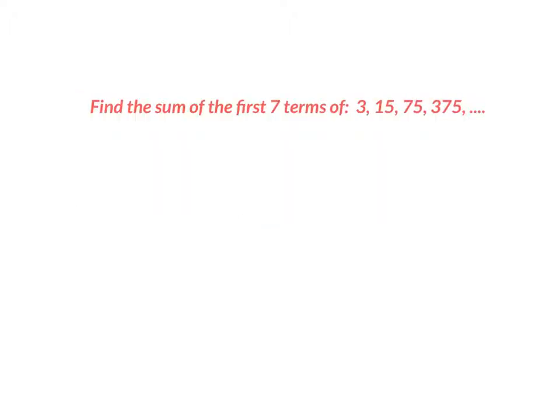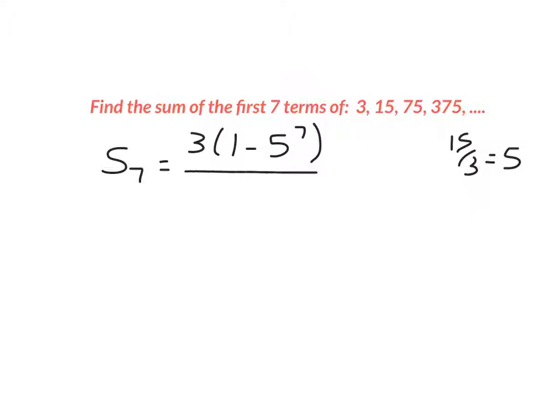So in the next slide or two, we're going to find some sums. In this one, find the sum of the first 7 terms. We don't even know what the first 7 terms are, and we don't have to know to find that. So I'm going to say the sum of the first 7. Remember, following the formula, it is the first term times 1 minus r. r is the second over the first, which is 5, to the 7th power, the nth power, over 1 minus